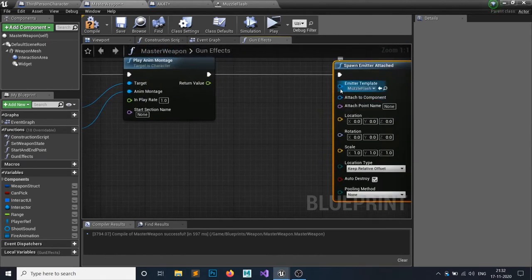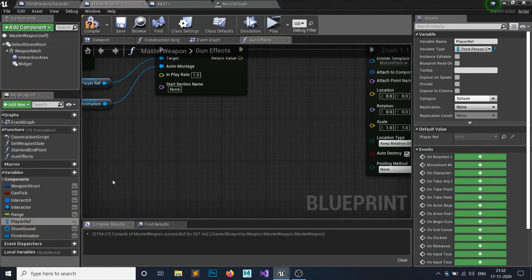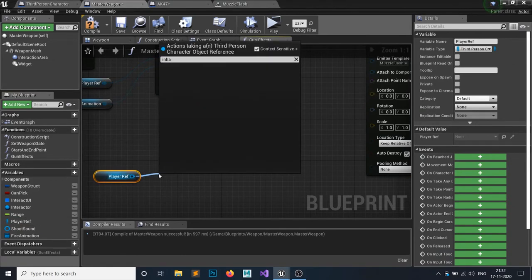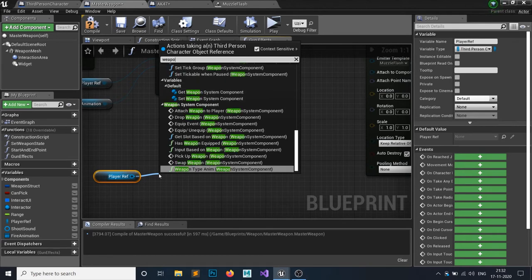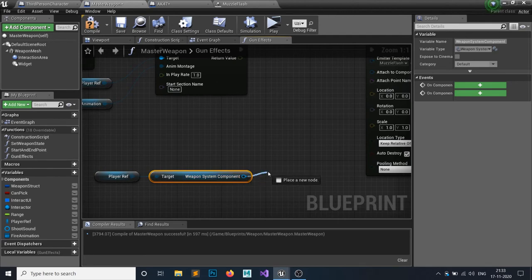If you want to promote this to a variable, you can do that. So where I want to attach, I want to attach to my in-hand muzzle. So I need a player, then I need an in-hand weapon component. From that weapon component I need the in-hand weapon, whatever in-hand.